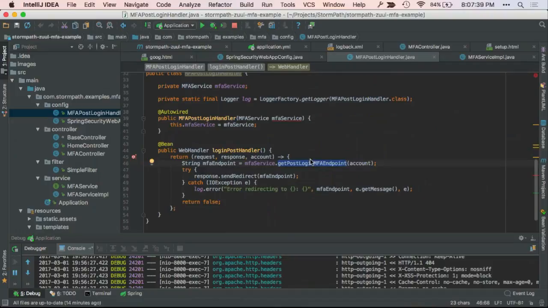So, and it's all white labeled. Where it redirects to is your own domain that you configure. So your customers would never have any idea that Stormpath was in the mix. It would all be your own domain. But short answer is yes. We have a single sign-on service. Any other questions?